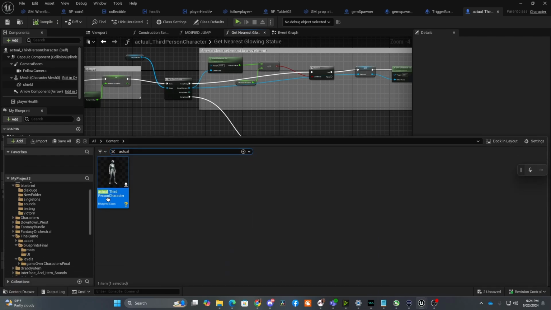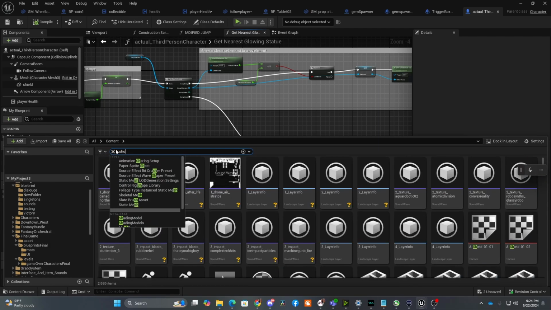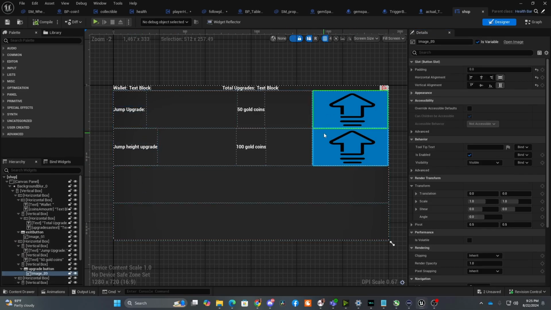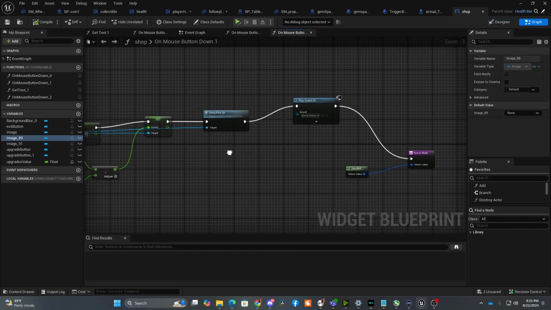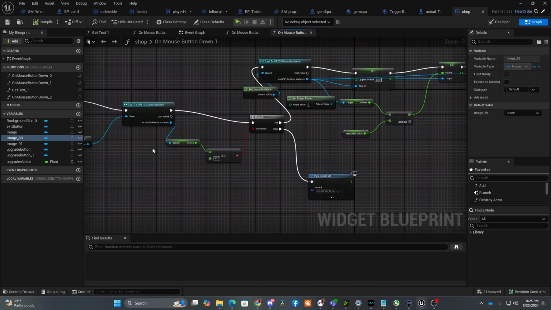Now we can cover the unit. Let's cover the shop. So this is our shop. So here we have our on mouse button down. So on click,